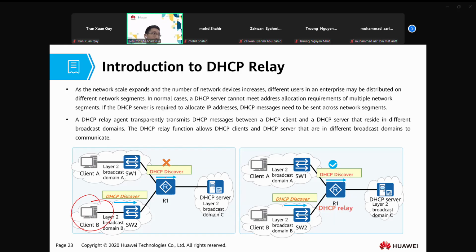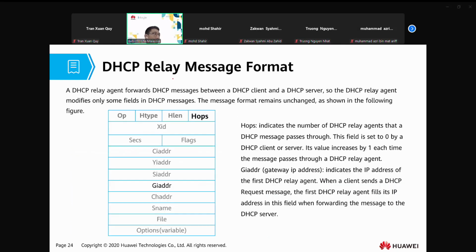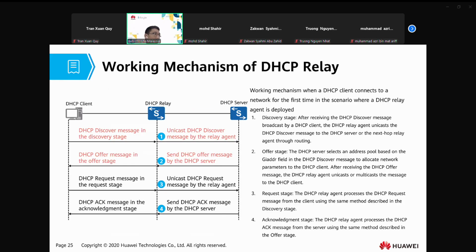When the client and the server are in two different VLANs, then you need a relay agent. So the relay agent message format looks like this. Then this is what you do. The client is still doing DORA. The relay agent usually is a gateway, reachable by the client in the same VLAN. Then you need to tell the relay agent the IP address of the DHCP server so that it can unicast